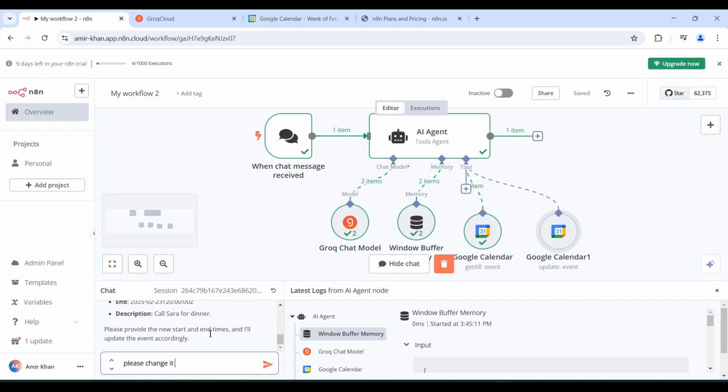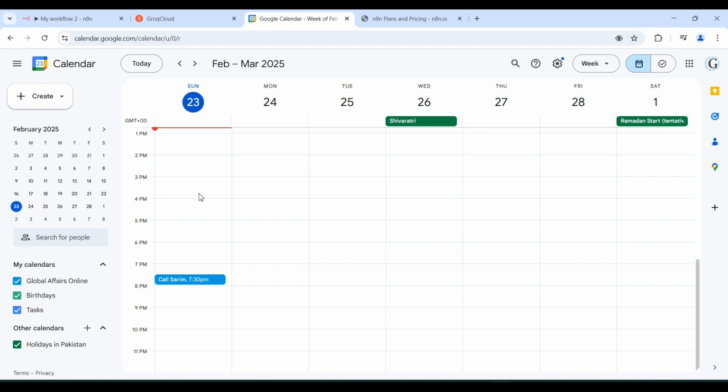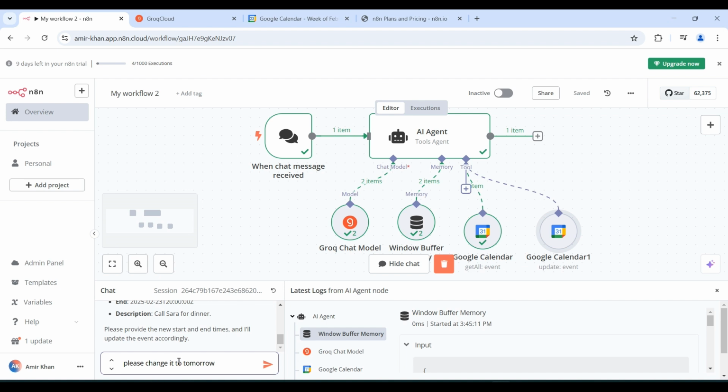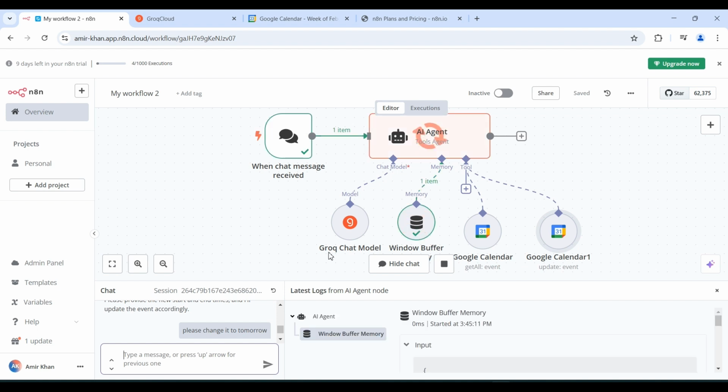Please change it to tomorrow. And again, let's have a look at the calendar. This is today, 23rd of Feb. And if we go here, please change it to tomorrow. That's the only thing. I'm not saying which event or anything, because from the context it knows which event I'm talking about. So please change it to tomorrow, press enter, and you can see things are running